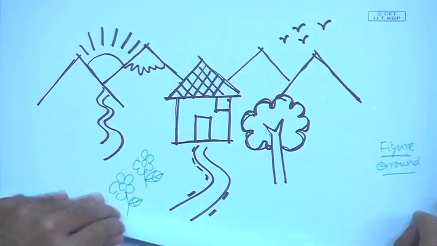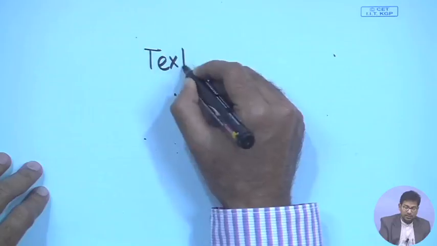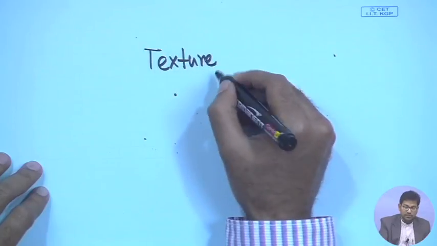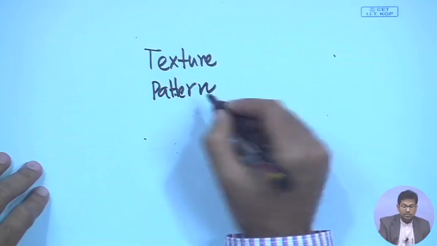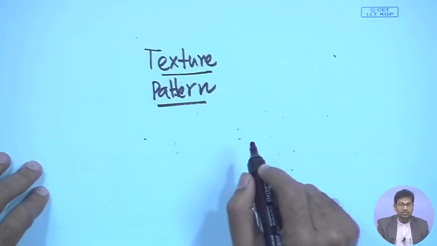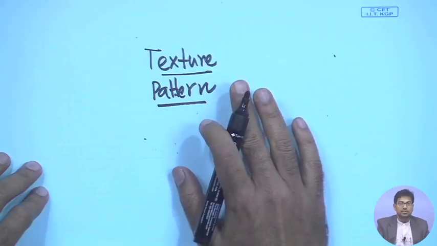Now we talk about another very important aspect of visual composition, which is related to the quality of surface and quality of light reflectance by the object. We term that element texture or pattern. Many a time they are used synonymously, though there is a difference between them. So, texture and pattern